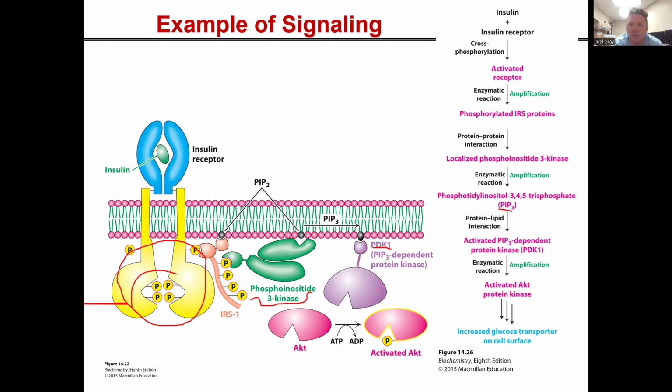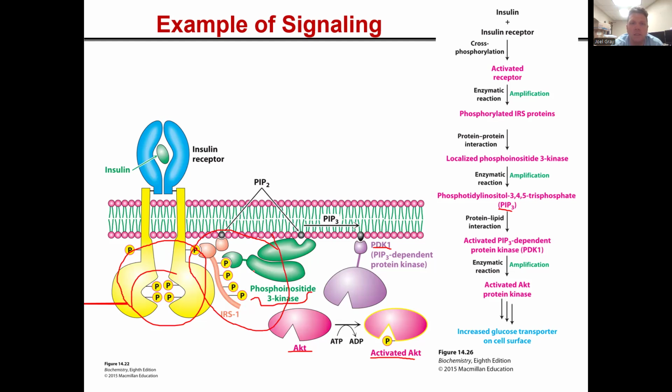That is going to take a protein known as AKT and activate it by phosphorylating it. So PDK1 activates AKT. PDK1 is activated by PIP3, which is produced by phosphoinositide 3 kinase. That phosphoinositide 3 kinase only does that because this